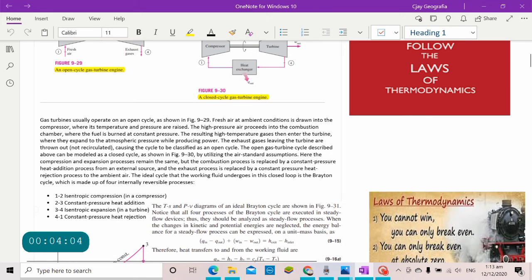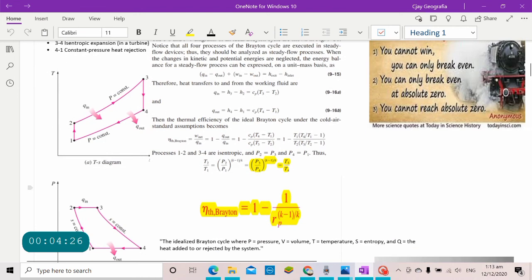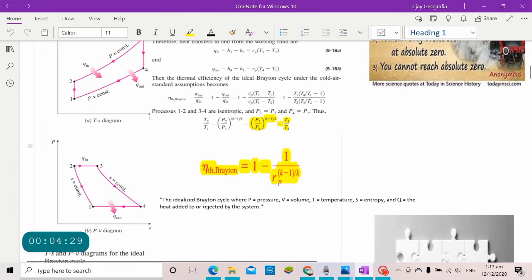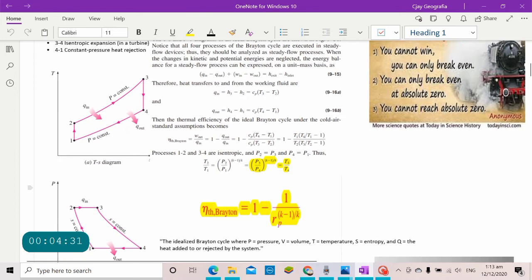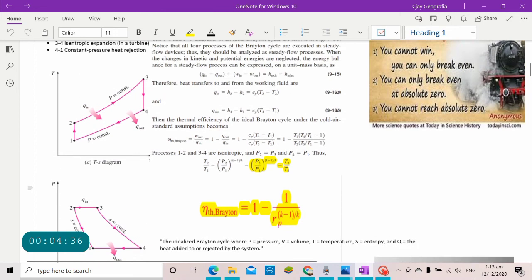So for 4 to 1, it states constant pressure heat rejection, cooling the air at a constant pressure back to its initial condition because it is a closed system. So again, the T-s and P-v diagrams of a regular Brayton cycle are shown in figure 19.8.1. These T-s and P-v diagrams are useful ways in determining or solving the problems, especially when